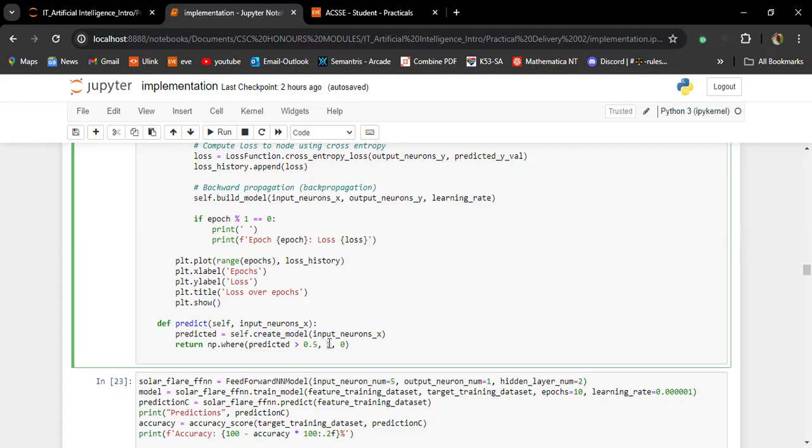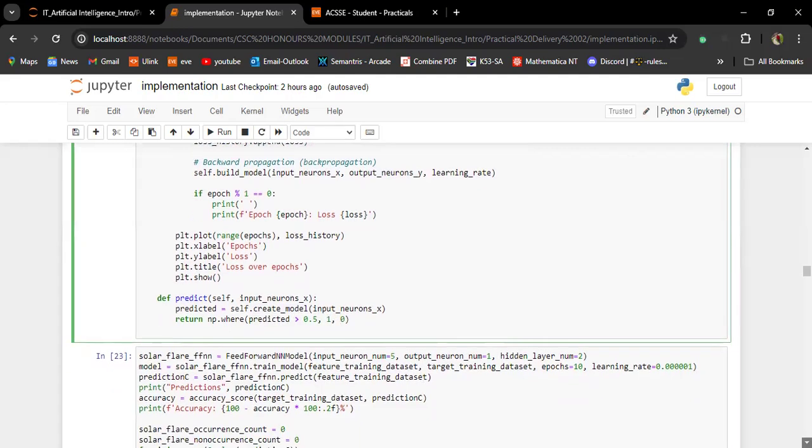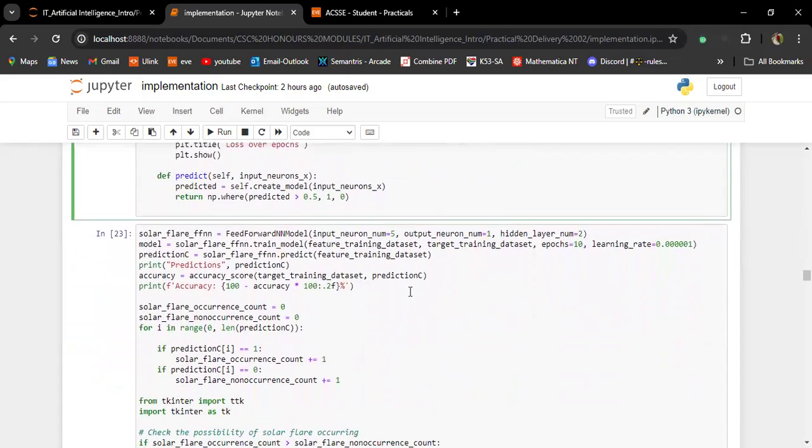If it is greater than 1, then we predict that a solar flare is occurring, and if it's 0, then we update those values to imply that the solar flare did not occur.